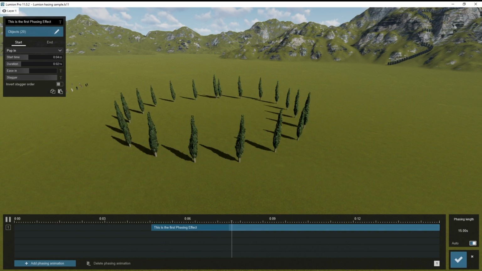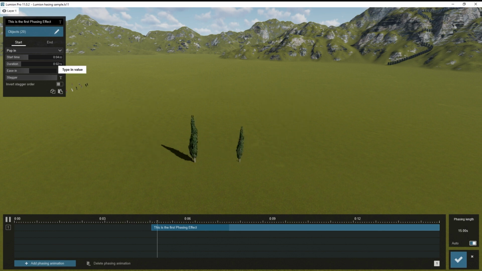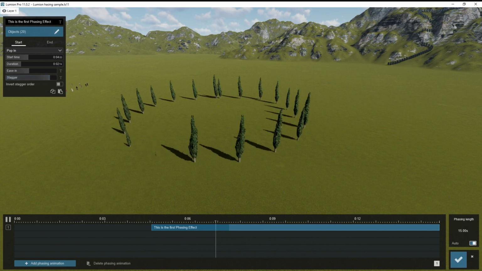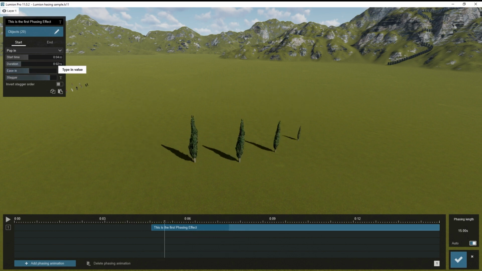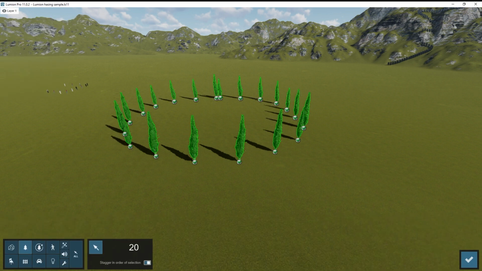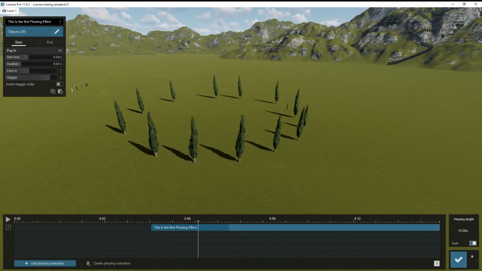So that was the order I selected it. We can have a couple at a time. We have kind of a wave. And the other thing is, let's do one more. Let's just do like every other. There we go. So we have been given a lot of leeway and control over these type of sequences coming